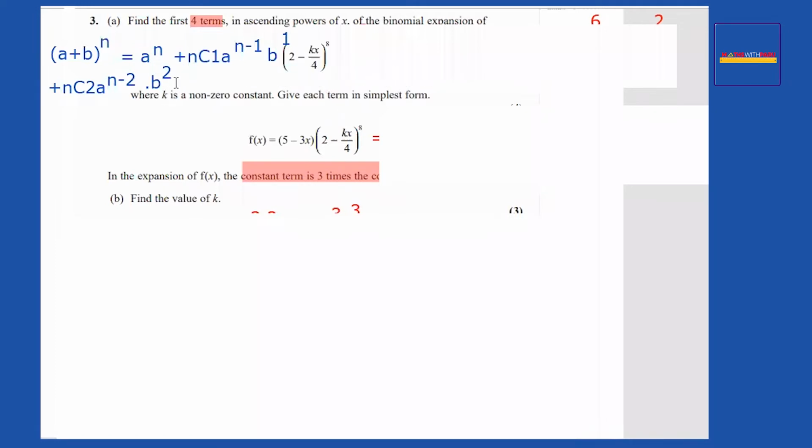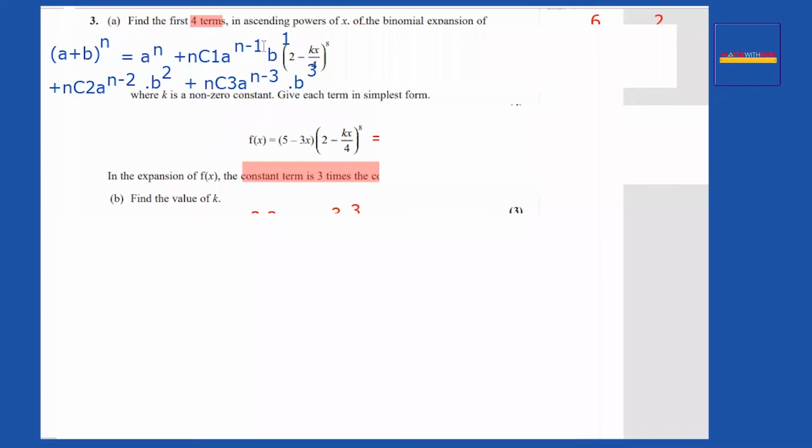And if I may write one more term, it would be nC3, a to the power n minus 3, followed by b to the power 3. Now, here they want the first 4 terms, and I have actually written out 1, 2, 3, and 4, the first 4